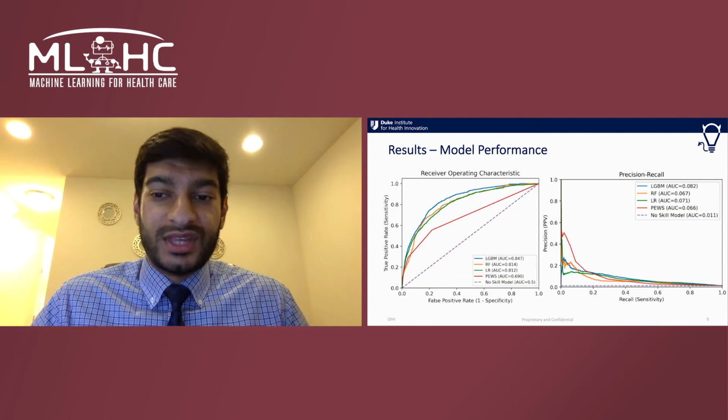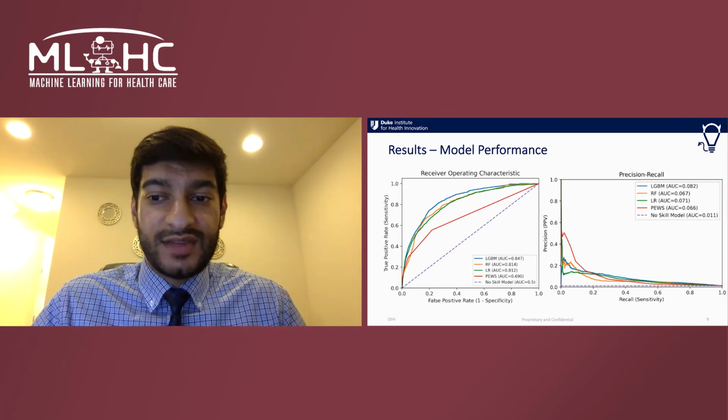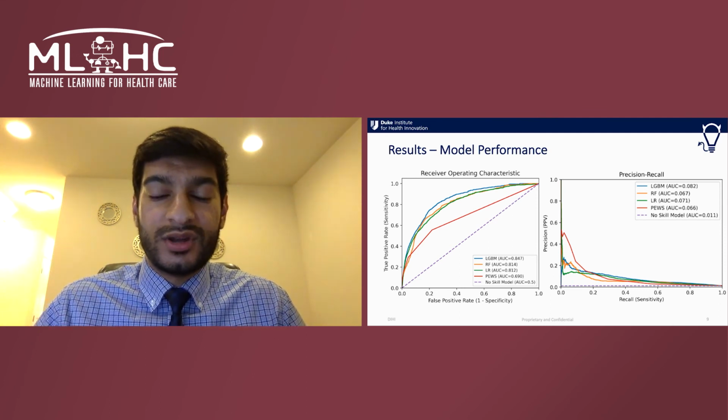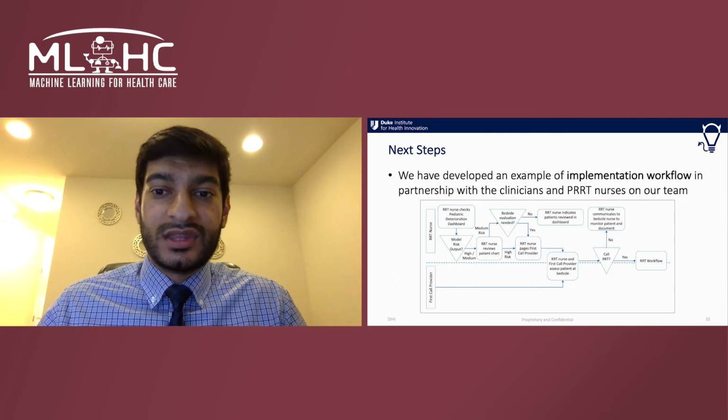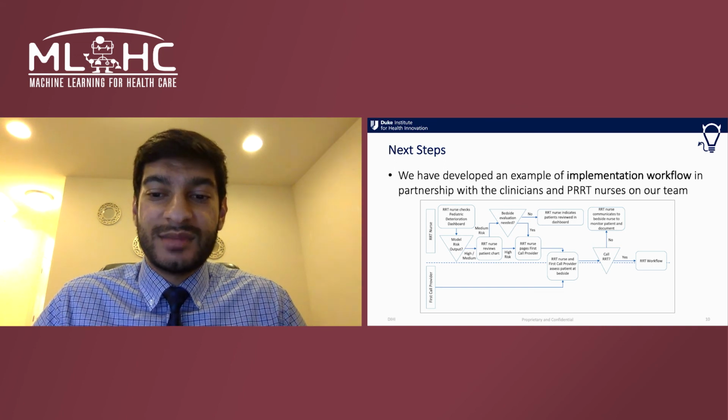We found that the LGBM model exhibited the best performance with an AUROC of 0.847 and an AUPRC of 0.082, compared to both the other ML models and the DPEWS, which had an AUROC of 0.690 and an AUPRC of 0.066. Working with clinicians and rapid response nurses on our team, we've developed an example of how to implement this